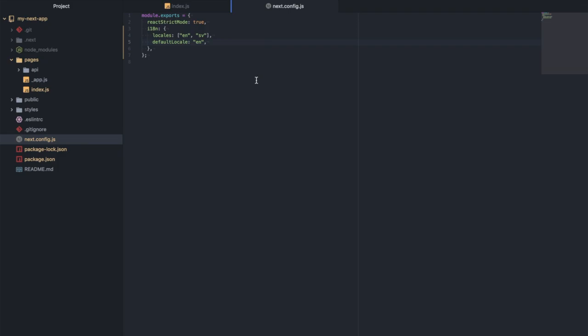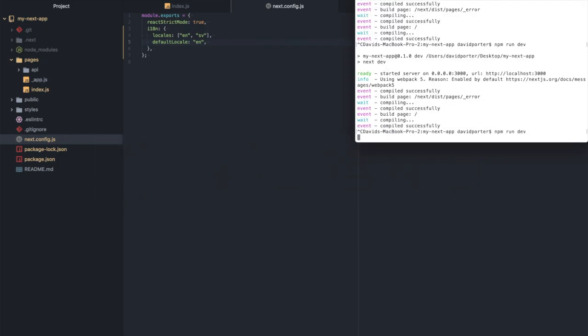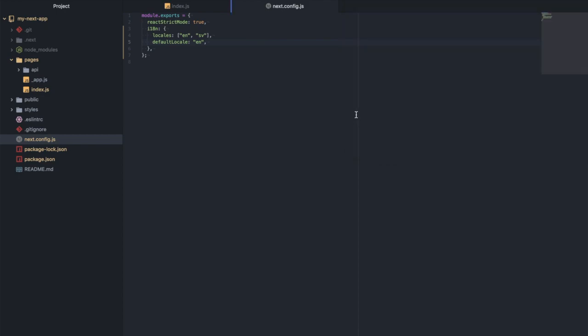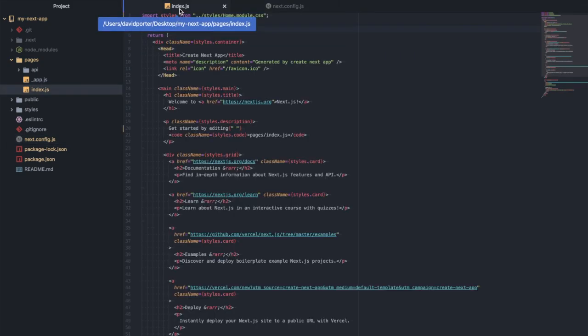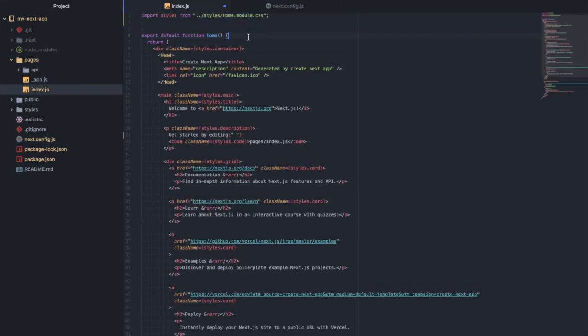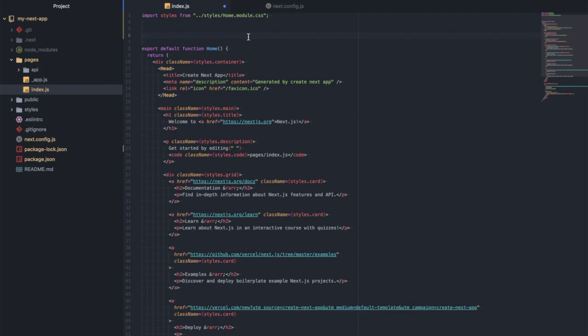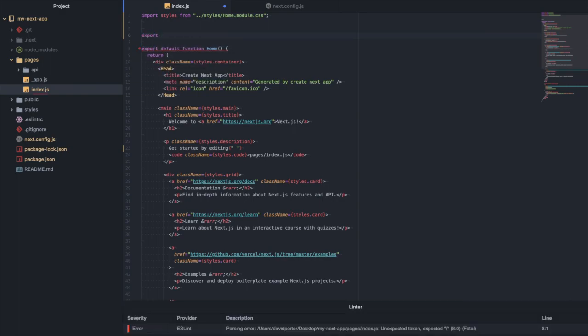The first thing you want to do anytime you edit your next.config.js file is restart your server, so let's go ahead and do that. And let's check how we access what locale our user is on. The way that we access the language that our user is using is through the router object from Next. You access that through getStaticProps or through getServerSideProps, but we're going to be using getStaticProps here. So I'll say export function